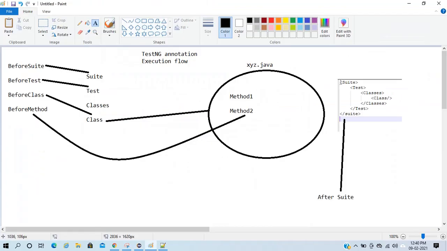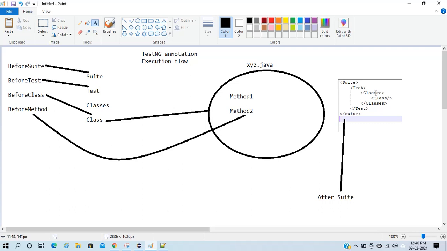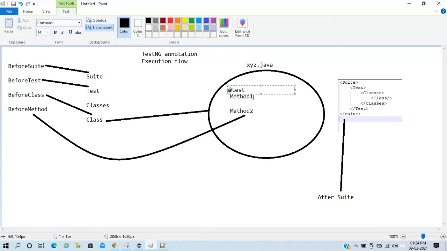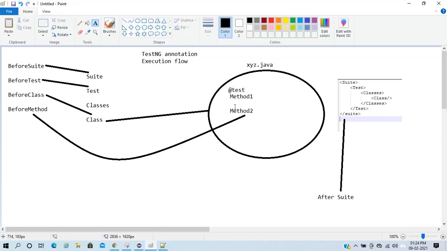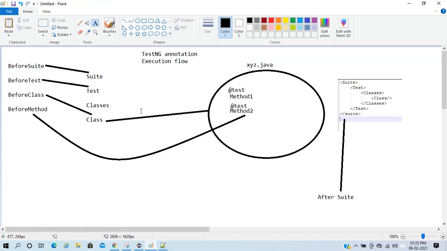These three got executed first. You have to understand here that my method 1 has the annotation of @test, and same for method 2.